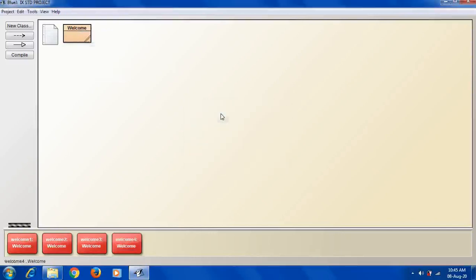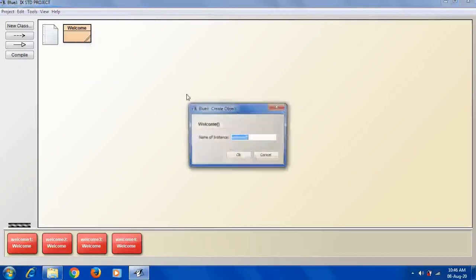Okay, this is the fourth object. So this is the object factory. Class is used to create the objects. I hope you are getting this point. I have created 4 objects. Simple. You have to right click and select new Welcome. Welcome is the class name, new is the keyword. So this is the way of creating an instance of a class. The object is also called an instance of that class.